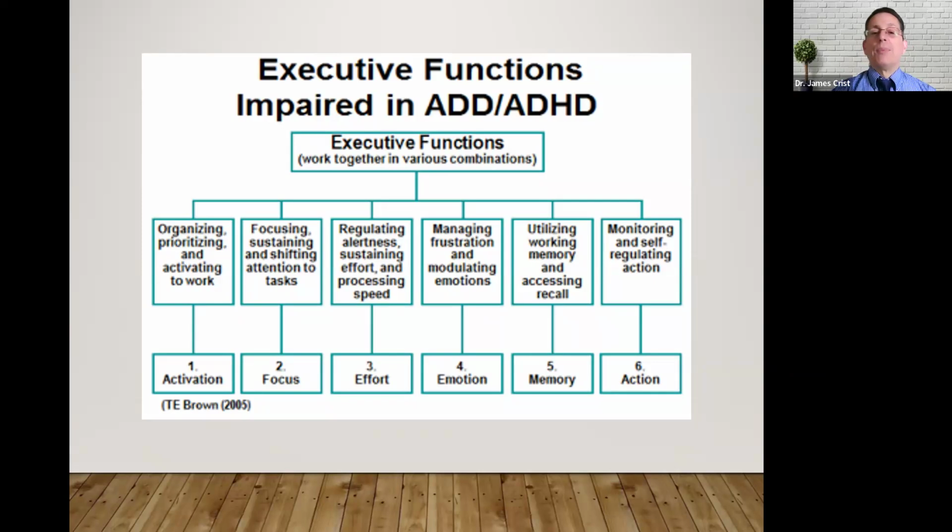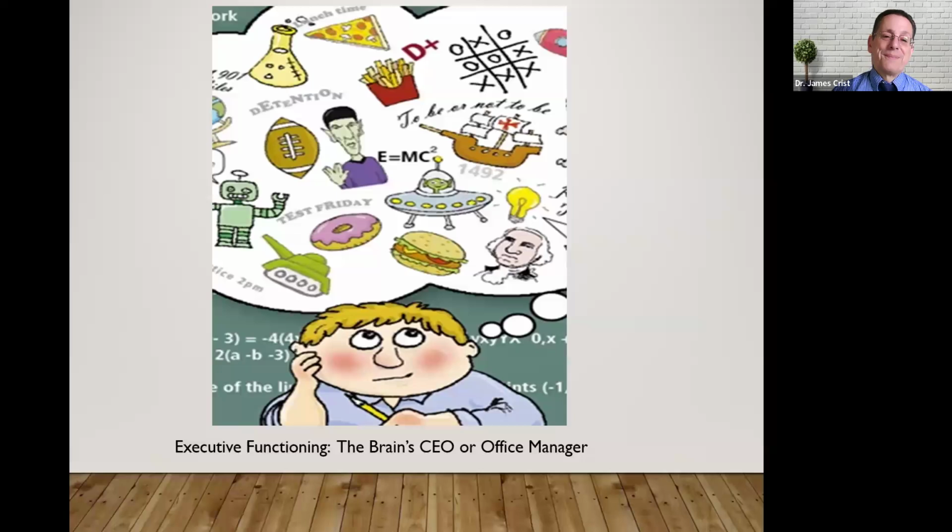So these are all examples of executive functions that work together in various combinations. And different people with ADHD may have different problems. Some people, their emotional regulation is pretty good. They're just pretty inattentive. Other people are very, very quick to react, very emotional. They get themselves into a lot of trouble. So everybody's a little bit different in terms of their ability to use these executive functioning skills successfully.